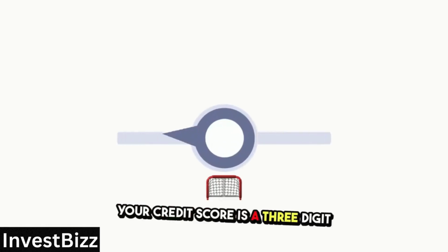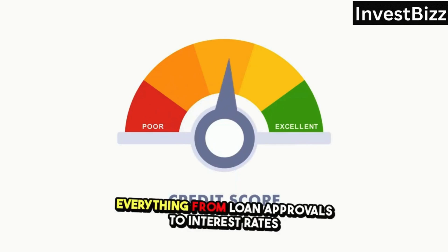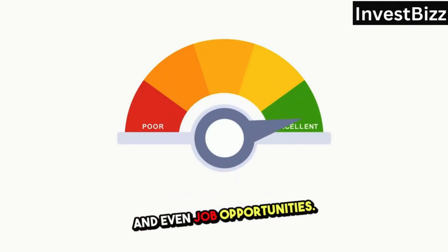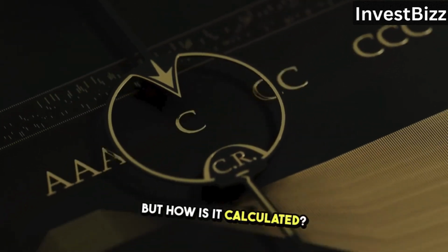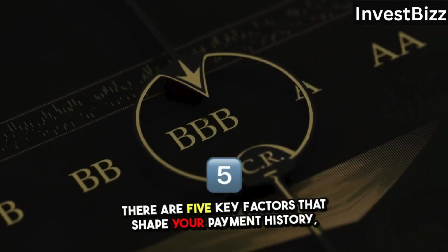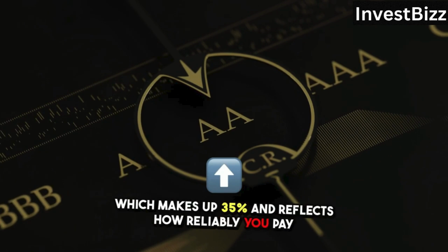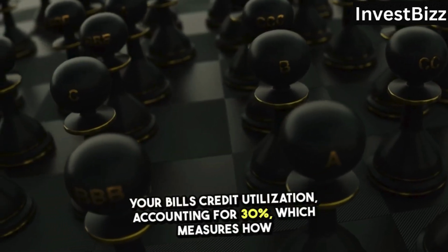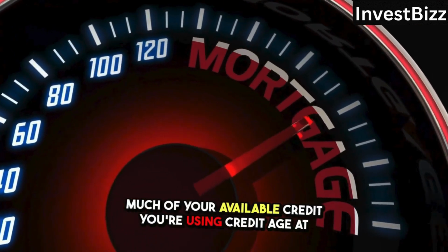Your credit score is a 3-digit number that determines your financial credibility, affecting everything from loan approvals to interest rates and even job opportunities. But how is it calculated? There are 5 key factors that shape your score: payment history, which makes up 35% and reflects how reliably you pay your bills; credit utilization, accounting for 30%, which measures how much of your available credit you're using; credit age,